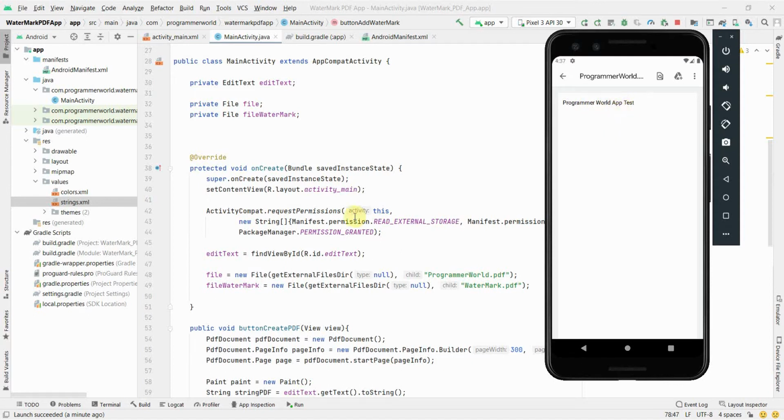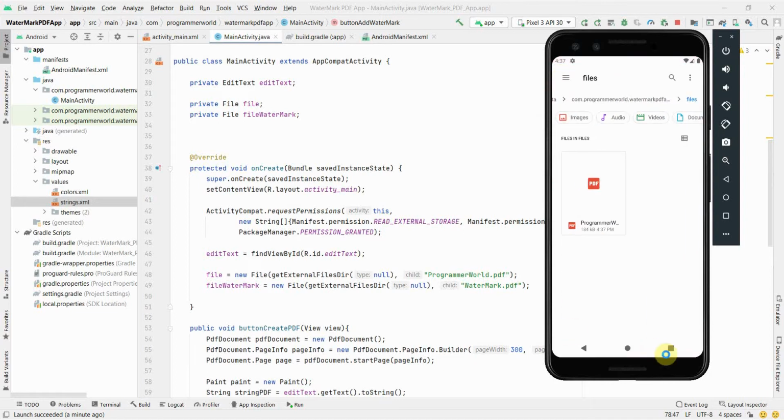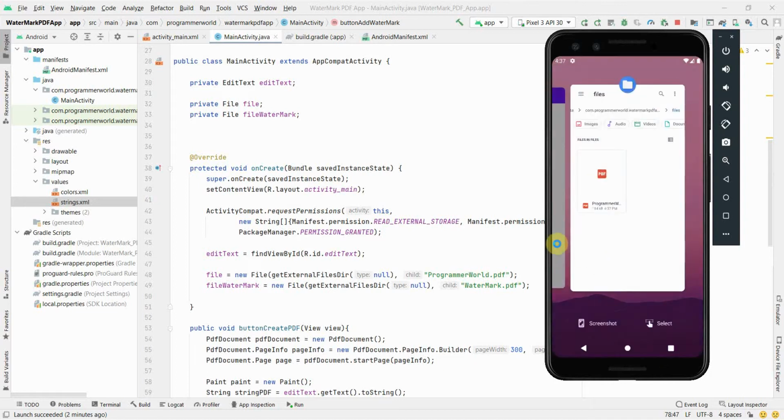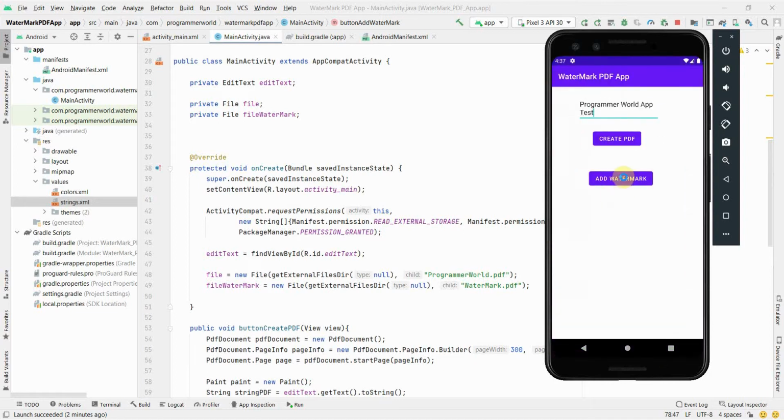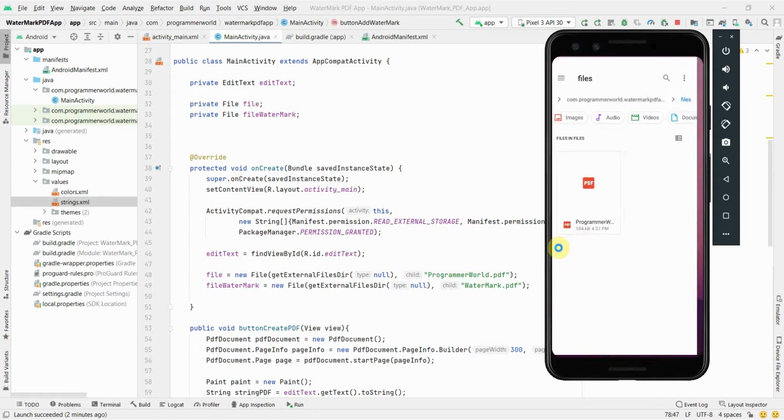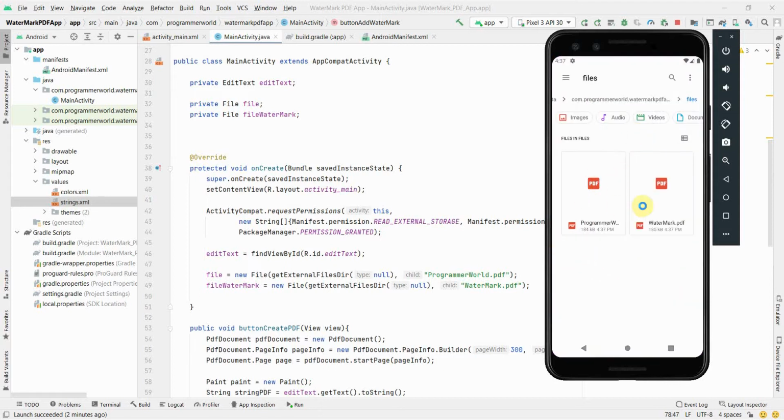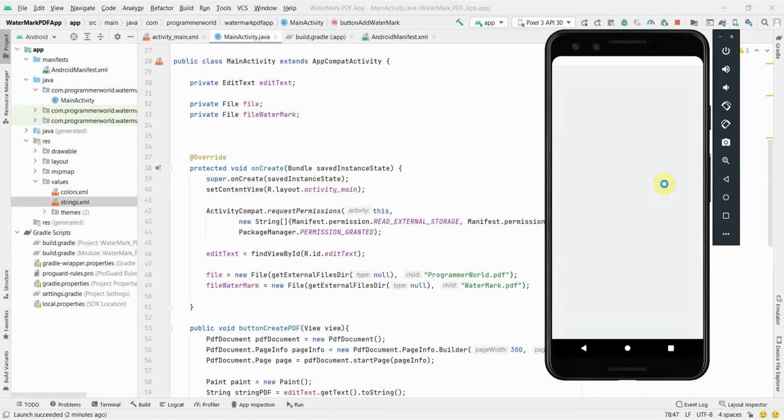And now we can test our second method, okay, I'll go quickly to my second method, which is Add Watermark. I click on this and let's see what happens. Of course we could have made it more beautiful, we could have put some text view to show whether it's successful or not, but I go back to that same folder, and if you notice, the second PDF has been created, watermark.pdf, and if I open it, wow, wonderful.